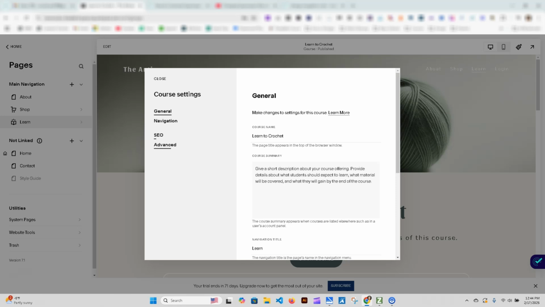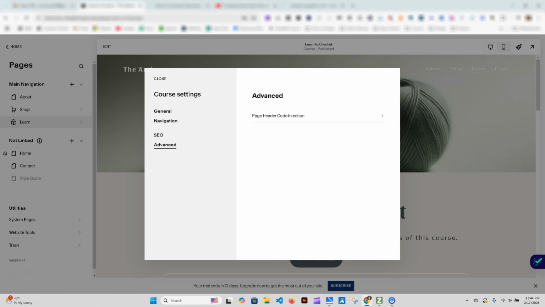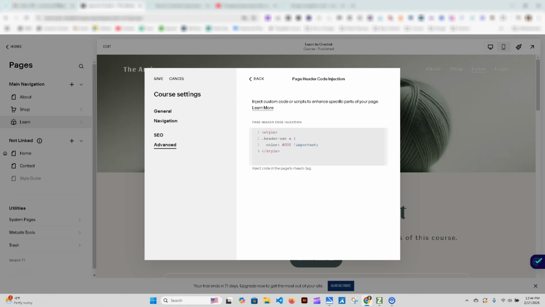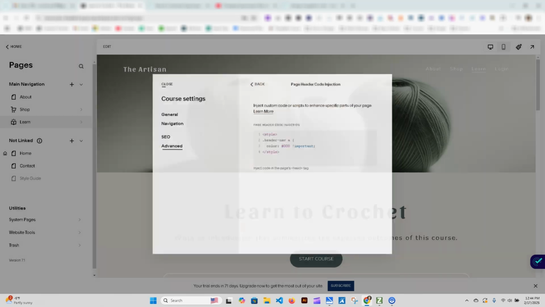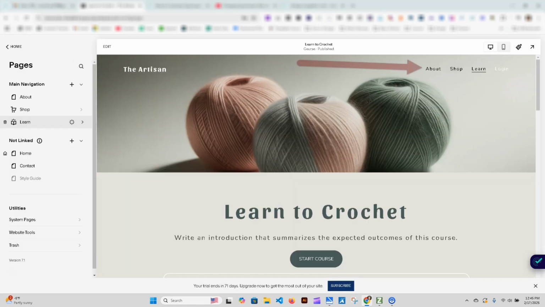Every platform is different in how you do this, so it depends on what you have here, but I'm just going to go into my editing tools and paste some code in here. I'm just going to change a couple of these buttons so you can see. Now the text is black on a couple of these, and you can see the login is still white. So you can see the difference here in the contrast, and the black is much easier to see.